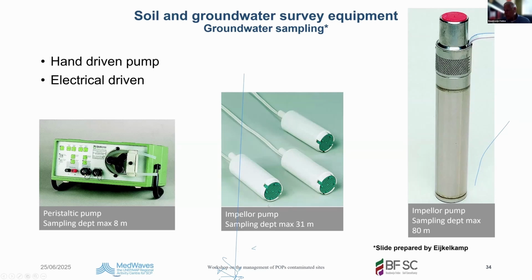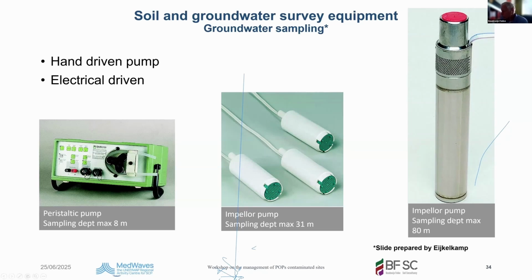Maximum depth is 8 meters. These are submergible small pumps, maximum 31 meters. You can put them in line, so in series. So you take one sample, you take 10 meters, you put another pump in it, and so you can travel your